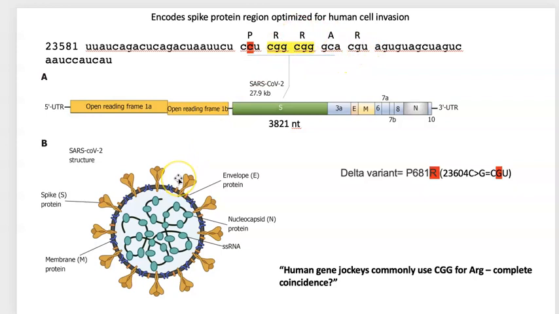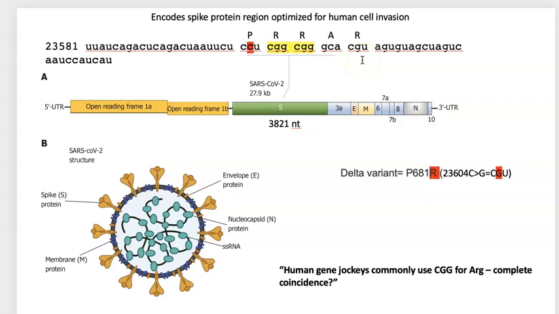This is where the host-derived proteases would cut the spike protein, exposing the fusion peptide so that the virus can insert itself into the host cell. As I've talked about, and we'll talk more about, the Furin cleavage site pictured here, the PRRAR amino acid sequence that's encoded by this particular stretch of RNA, greatly enhances the ability of the virus to infect